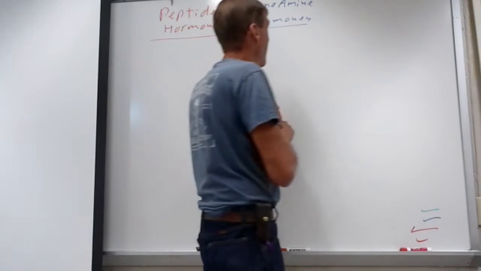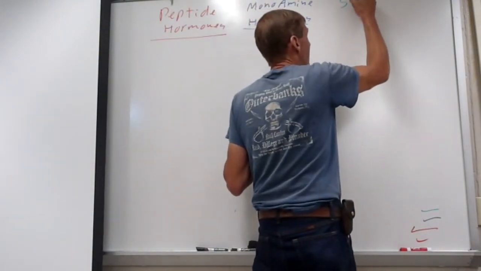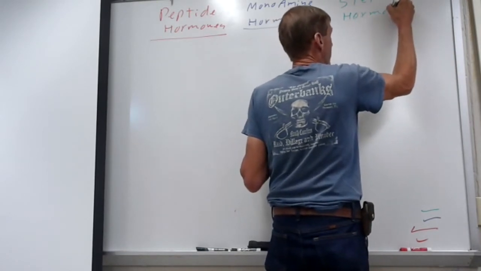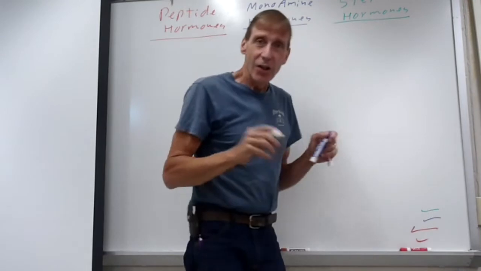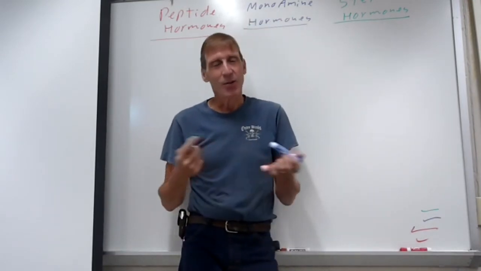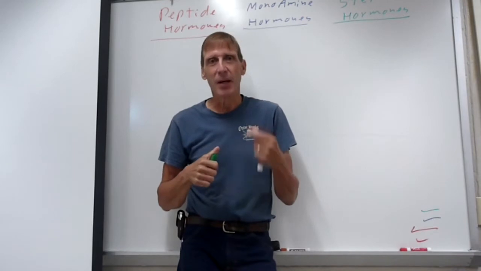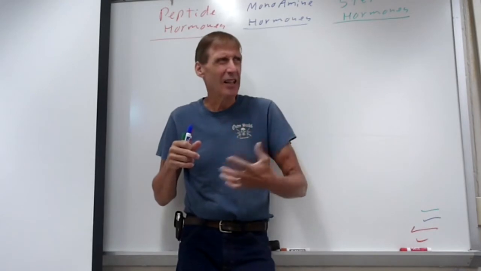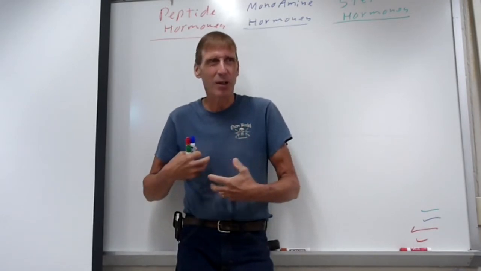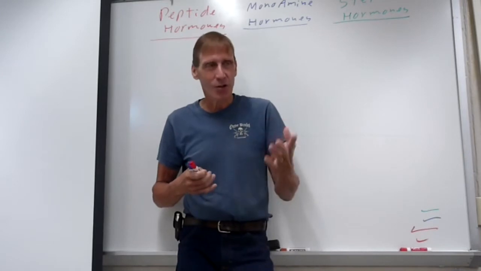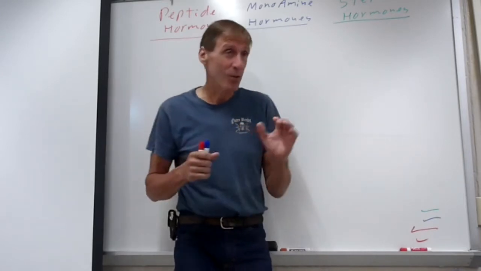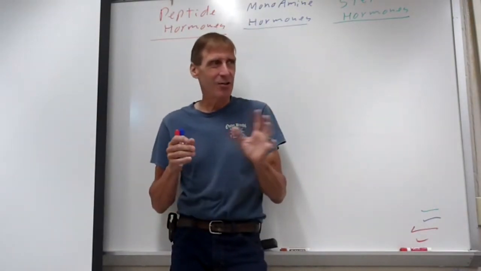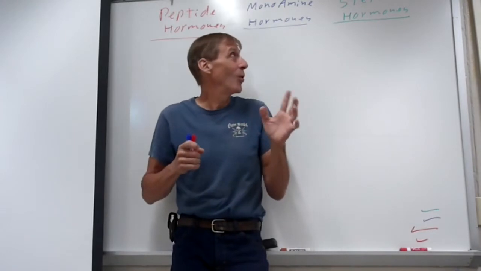And then the last class, or last group, will be the steroid hormones. You looked at steroids last semester based on cholesterol. These are lipid-based hormones. They are made from modifying a molecule of cholesterol, which you might have looked at last semester as it makes a component of our cell membranes, for example. Cholesterol is a steroid. It's used as a precursor for many of the steroid hormones. So there are 3 chemical classes, and I think in that hormone table in your text, they'll describe whether it's a peptide hormone, monoamine, or steroid.